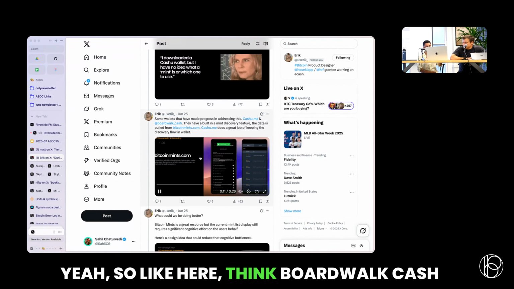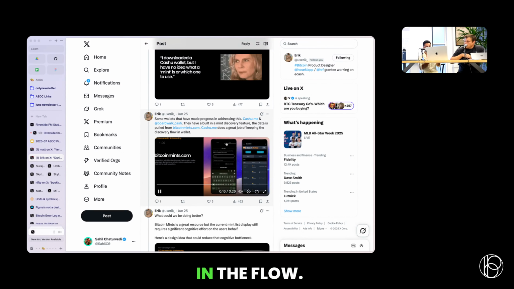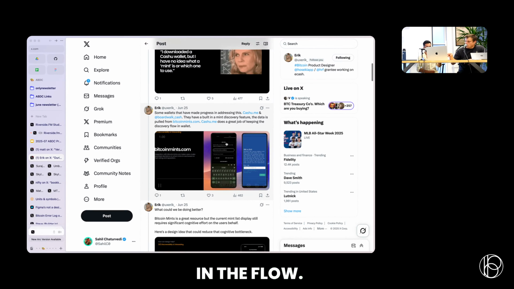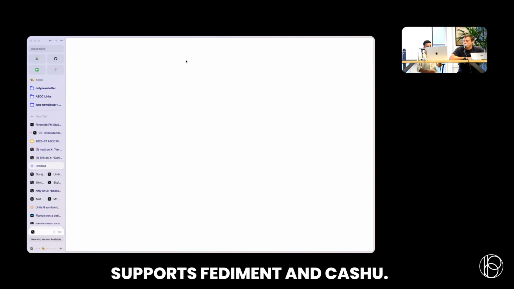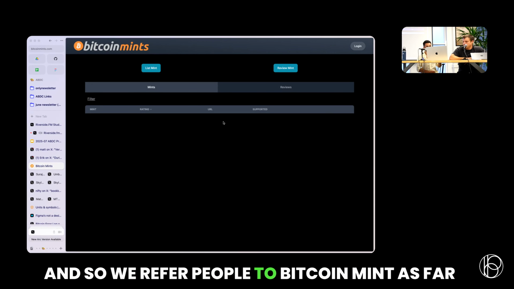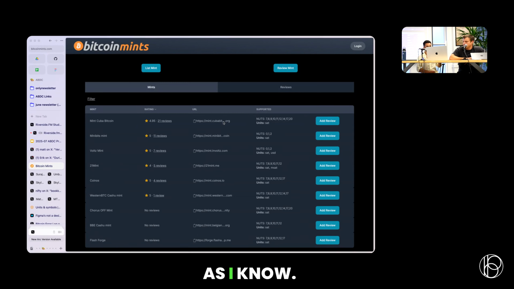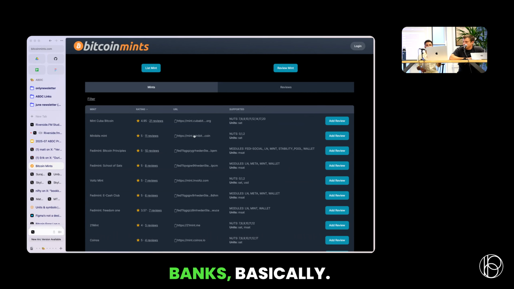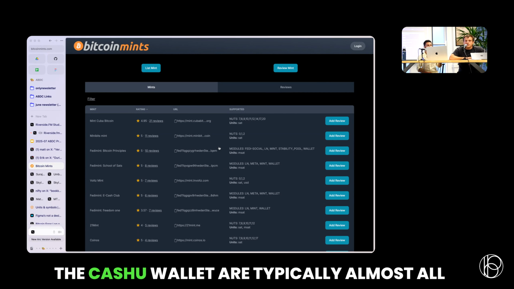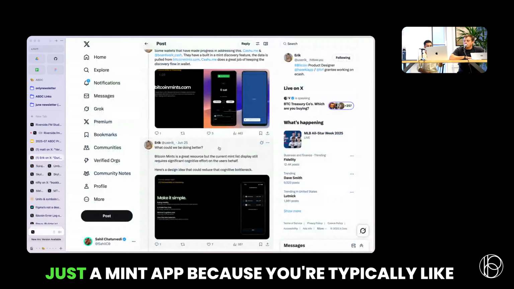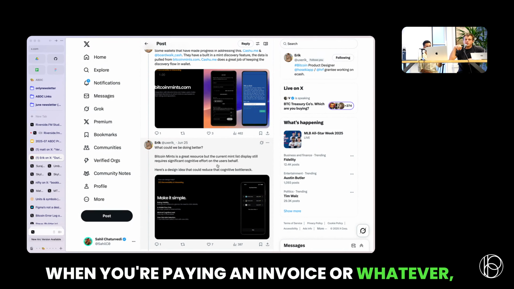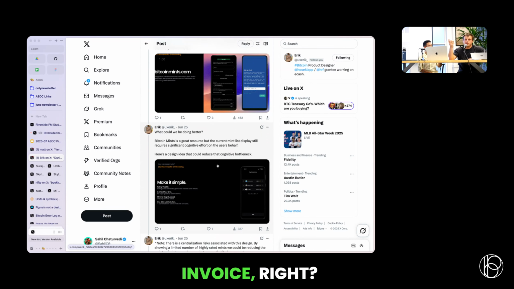Yeah. So here, I think Boardwalk Cash gives you a mint discovery, keeping it in the flow. I would think we refer to Bitcoin mints in Harbor. Harbor is a wallet that I've worked on that supports Fedimint and Cashew, and so we refer people to Bitcoin mints, as far as I know. Yeah, it's just like reviews of different banks, basically. A Cashew wallet is typically almost all just a mint app because when you're paying an invoice or whatever, you're basically asking your bank to pay the invoice, right? So